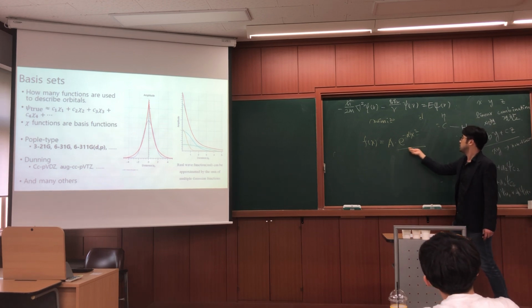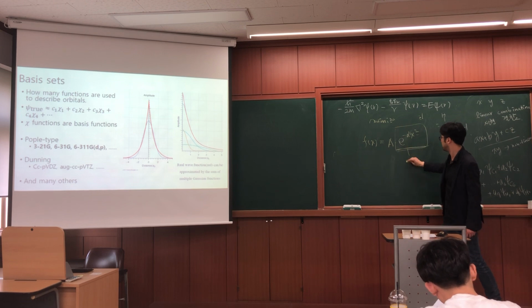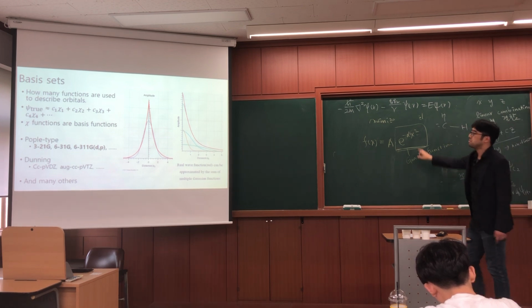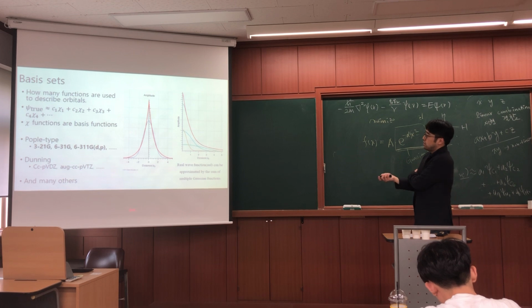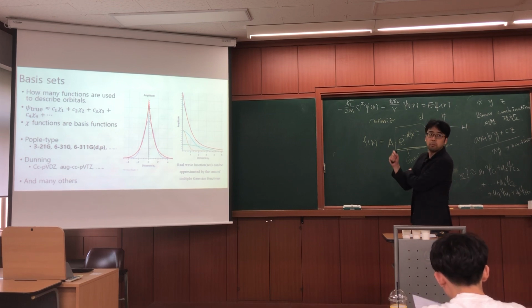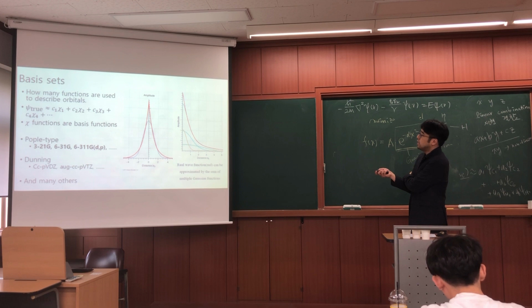This form of function is generally called a Gaussian function. So here this blue line is a Gaussian function, and they are similar, right? So this blue line can be a good approximation of this red line, but